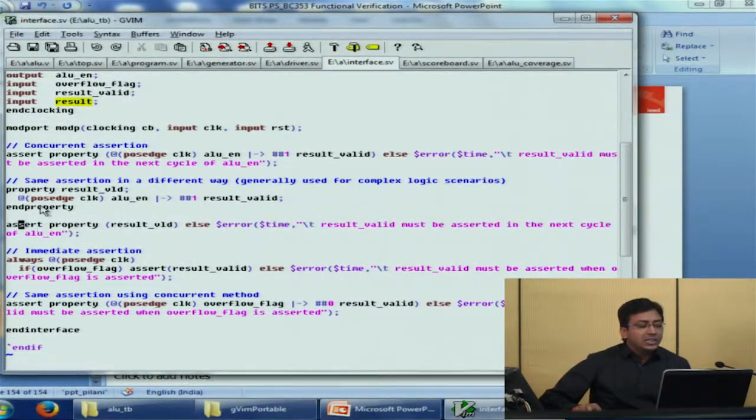Now let's say we want to use this property in an assertion. Now we have written this property, and if we want to use this in an assertion, we'll write the assert keyword, property, and in the name, earlier we wrote the complete property here. Now instead of writing the complete property, we can simply call the property here. Since we have declared the property as result valid, we can call that here: assert property result valid. That instantiates this code here instead of the result valid. So that means that I will check for this condition. If it is not violated, it is okay, else fire this assertion. So these are the two different ways of coding the same assertion.